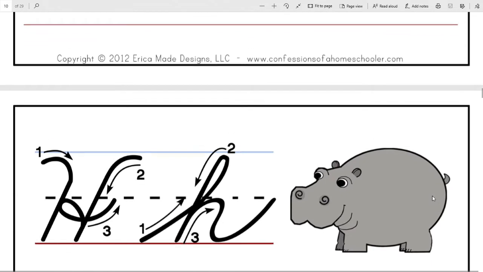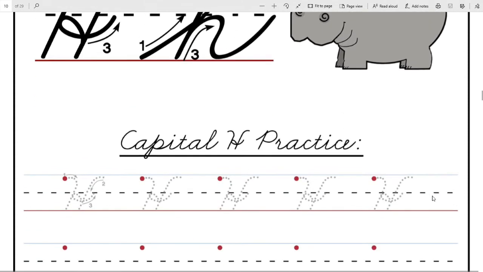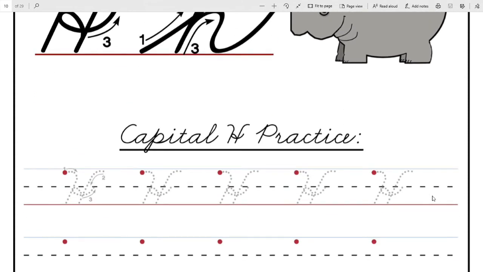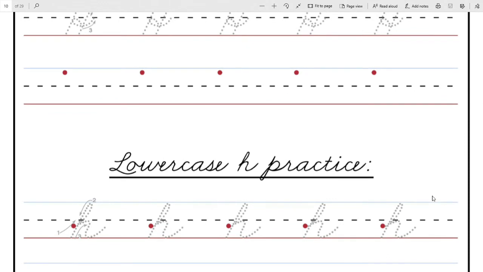Now the next, we have H. Okay, what is the sound? You already know, children. Yes, you are right. Ha. Hippo. You see the picture? Look at the picture. Yes. Now we move to writing part. While writing capital H, we write like this. And again, while it comes to write small letter, we write like this. It's easy, no, children?